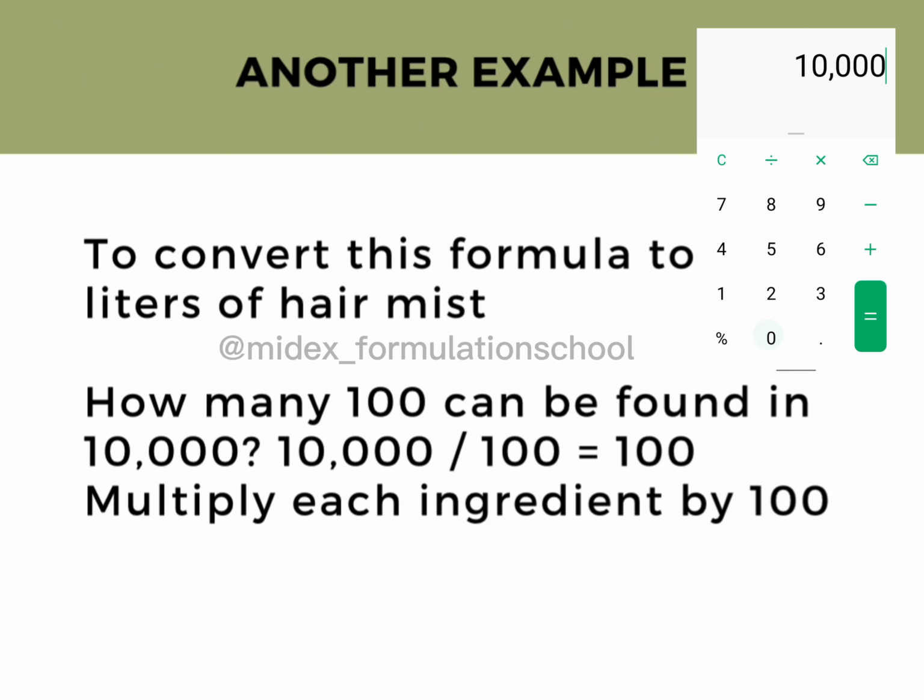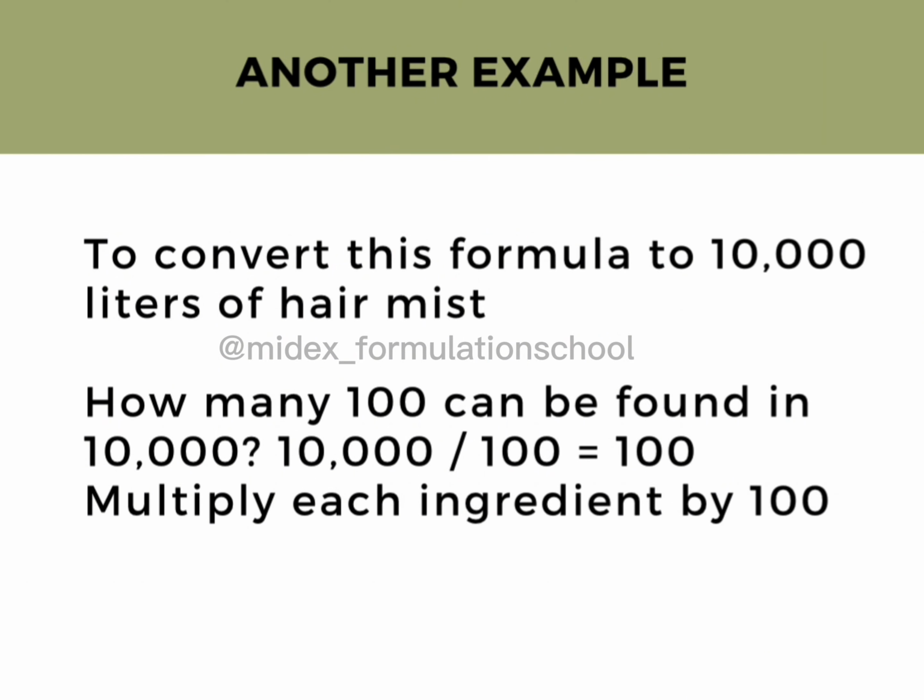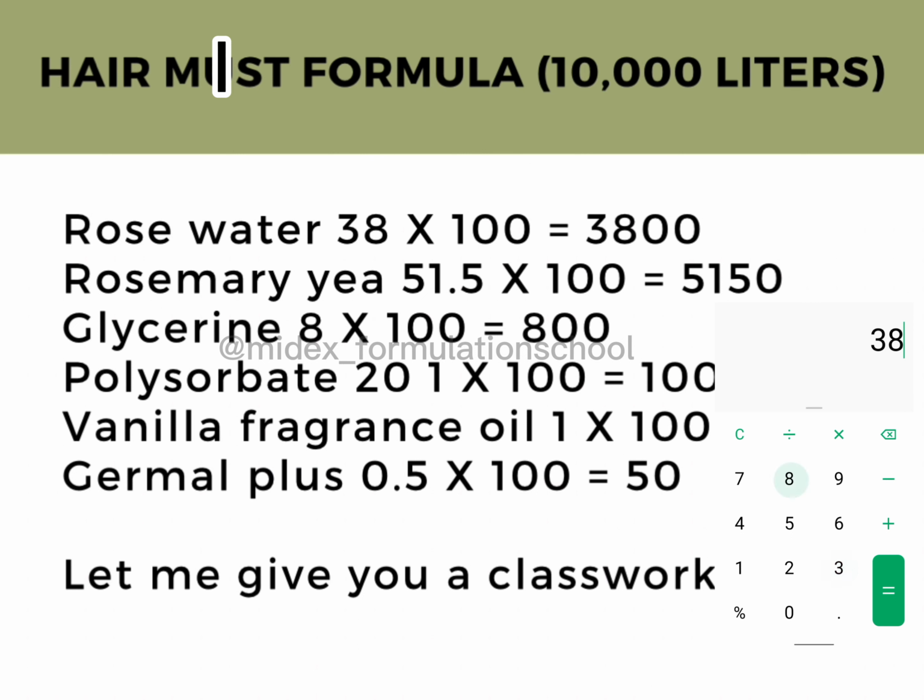So 10,000 divided by 100 means 100 of 100. 100 of 100 would make 10,000. Do you get it? So that means you should multiply each ingredient by 100. And so you say your rose water 38 times 100 is 3,800. Your rosemary tea 51.5 times 100, so on and so forth. So this means that when you want to formulate your product, you'll be using 3,800